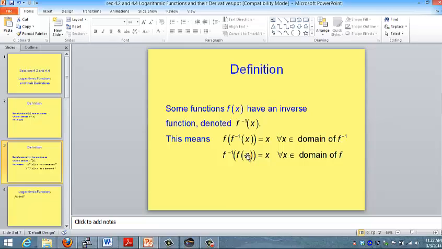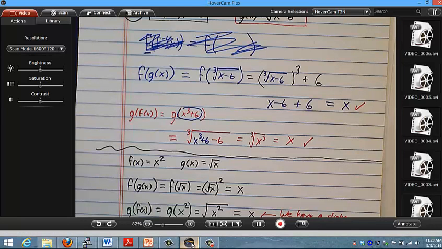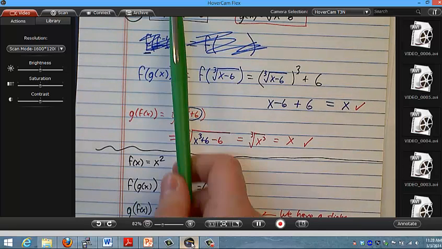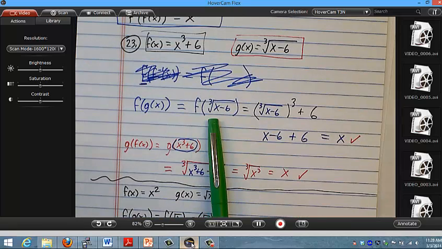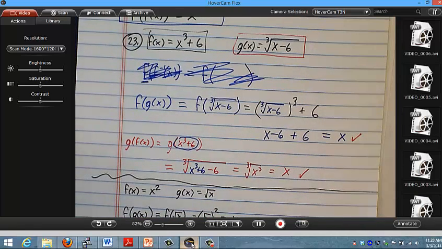Now domain, what does that mean again? Domain is the set of possible, are we talking inputs or outputs? Inputs. Domain is the set of possible inputs of a function. So hold on a second. See, all these problems up here, I didn't say anything about the domain because the domain was all real numbers. But when we get down to here,